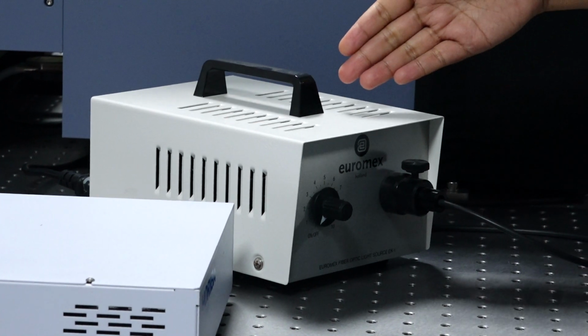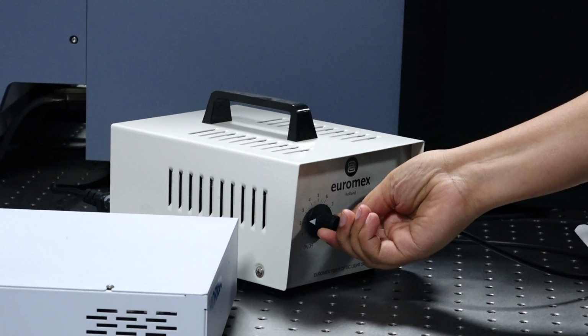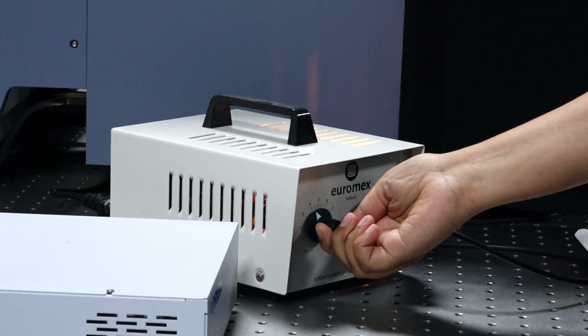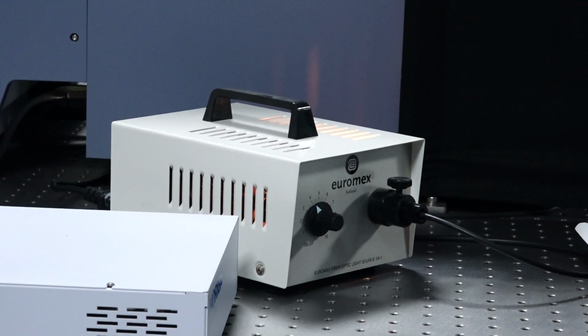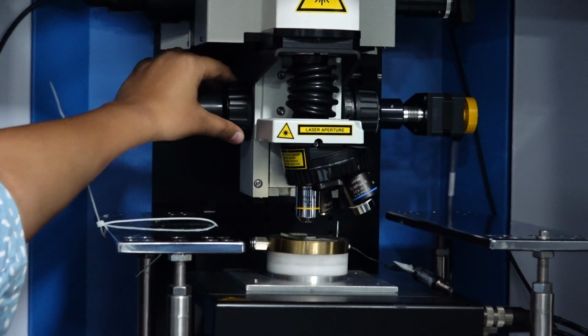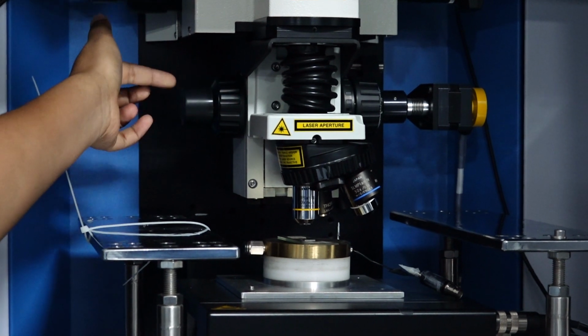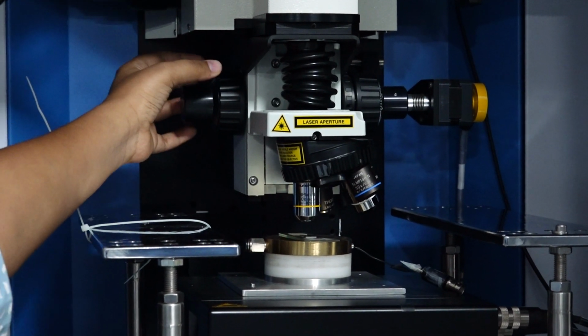This is the illumination source for the microscope. I will turn this knob to slowly increase the illuminated light. Now as you can see, there is some light on the screen because I have turned on the illumination source, but still nothing is visible yet. So now I will focus on the sample surface using the knobs that are present on the microscope. I will use this coarse adjustment knob to coarsely change the focus, and then I will finally use the fine adjustment knob to finally focus on the surface.